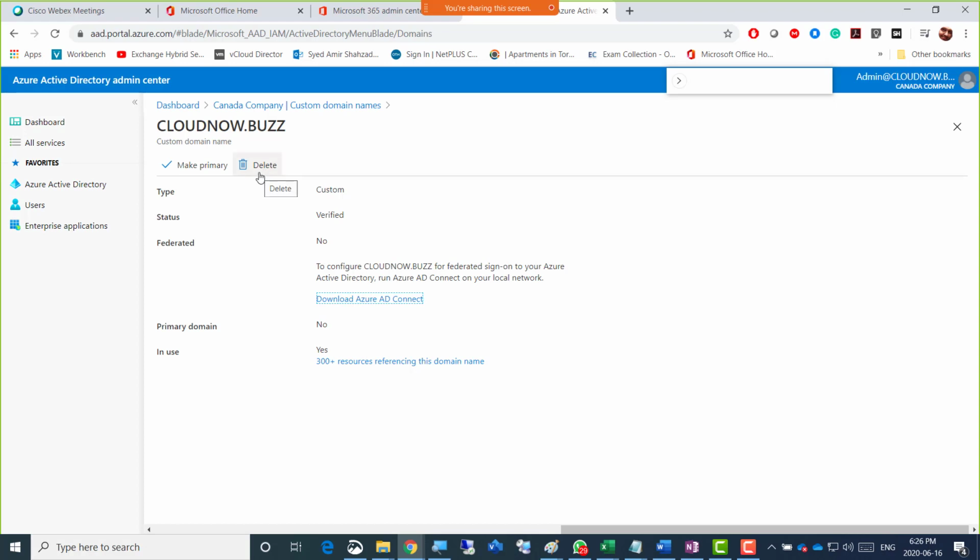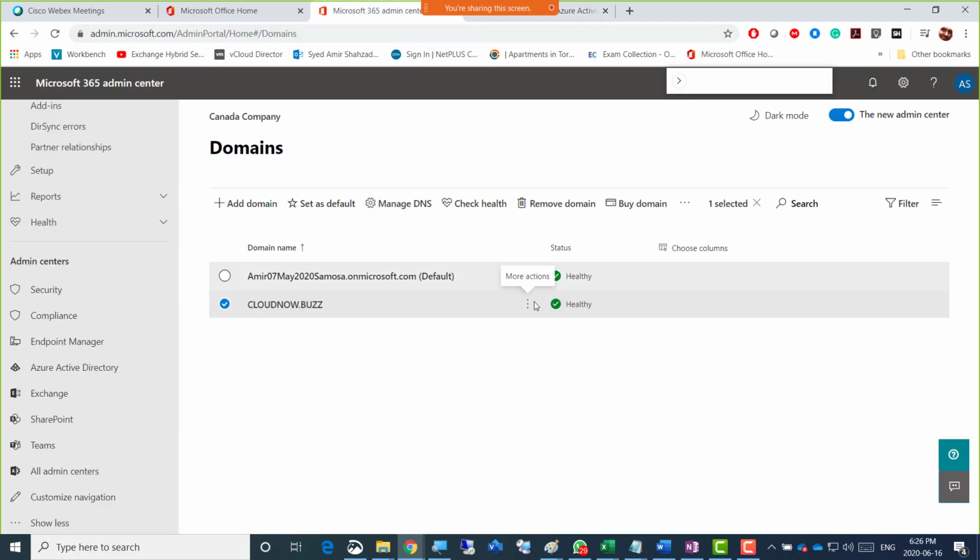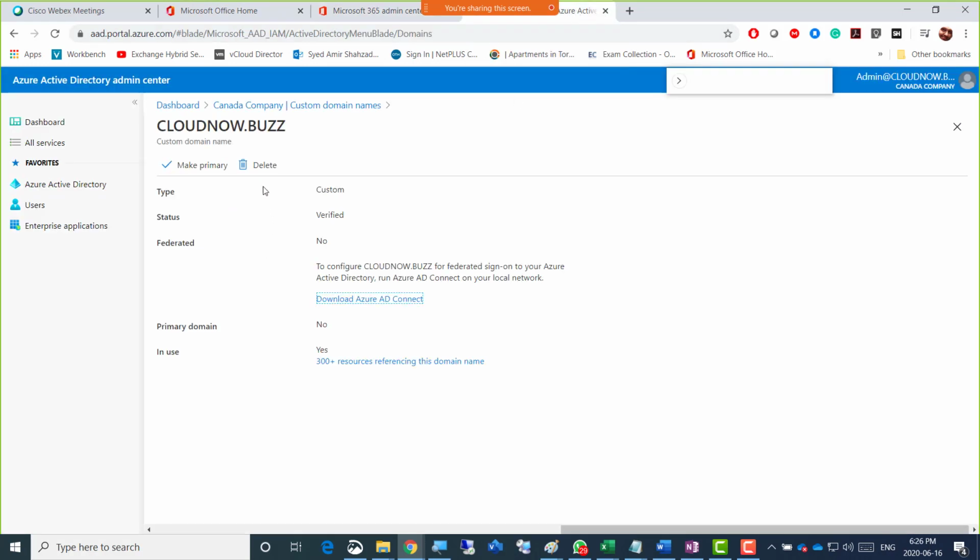Now you want to do it with Azure Active Directory. Since we added it here, we can just remove it from here. Otherwise, it's pretty much the same errors that it's going to give there as here, right? So we can try both actually. I can try the Active Directory side, and you can try the 365 admin side from there. There's that remove domain, right? So I'll just go ahead from the Active Directory side.